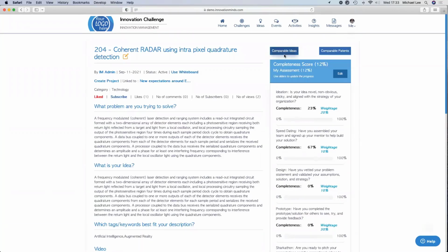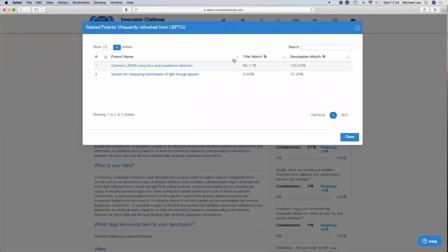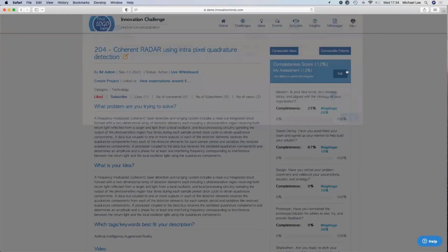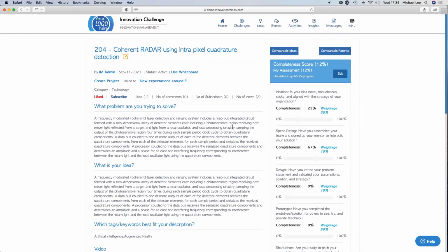The other thing that's a really useful feature for a lot of people is this comparable patents button. There's also one button here where you can look at what other ideas may exist that are similar to this, but with the patents button, you can actually see from the US Patent Office if there are any other patents that have already been granted around ideas that resemble this in some way. And if you click on the button, you'll see that it actually shows you how close the title matches, but also the description. So you'll get an idea of whether this is an idea that somebody already has patented that's going to be too close. What do you have to change about it, and so forth? So you can get into a deeper dive on this page, but for now, I just wanted to show you